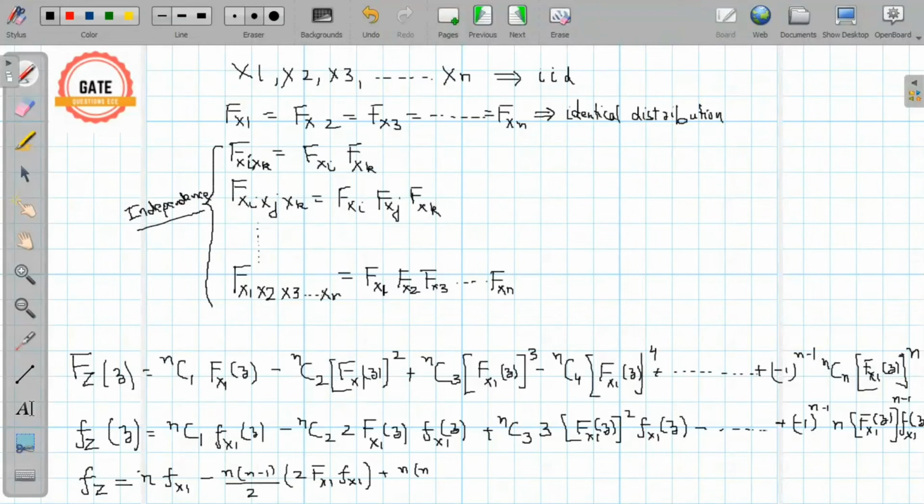So nC3 is n into n minus 1 into n minus 2 divided by 3 factorial. So 3 factorial is 6, into 3 F_X(1) squared into small f_X(1), and so on up to the last term, which we can write as plus minus 1 raised to power n minus 1, n into F_X(1) raised to power n minus 1 into f_X(1). So you can observe here n into f_X(1) is common in each of these terms. So taking this common term out, we can write